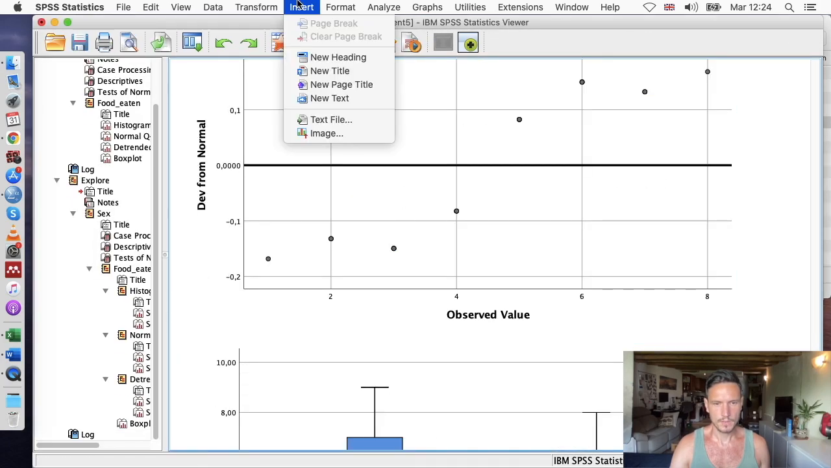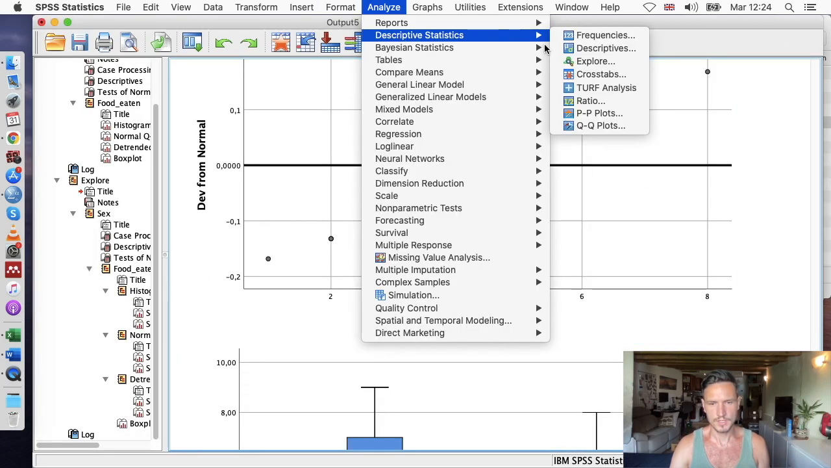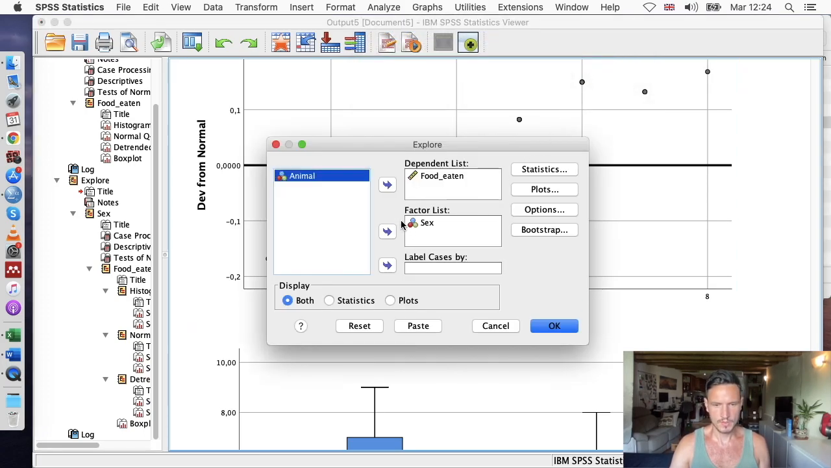I'm just going to repeat the process we did before. So I'll go up to Analyze, then Descriptive Statistics, across to Explore, and this is already set up from before, so we still have sex in the factor list. So if I go to OK,